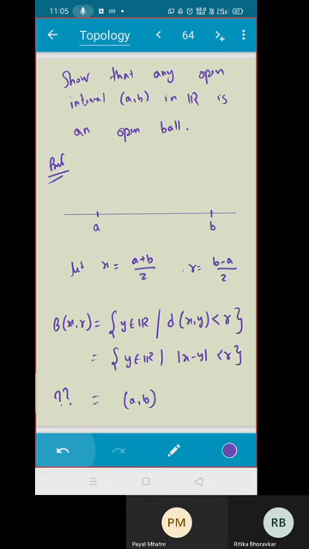So if you would like to prove this, how will you do it? That is quite obvious from here. You don't have to struggle there. You just put in the values and try to break the mod. You'll get that. Is that clear? Yes, sir. Good. Others, what about you, Payal, Ritika? Do you understand? We have shown that every open interval (a, b) is an open ball.